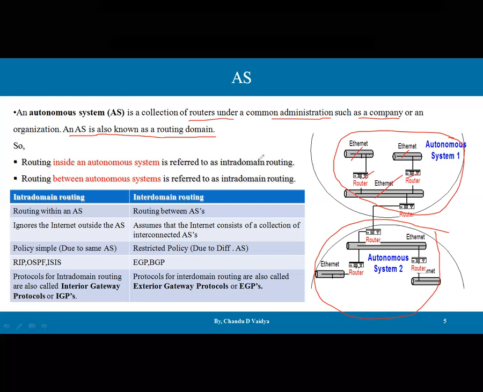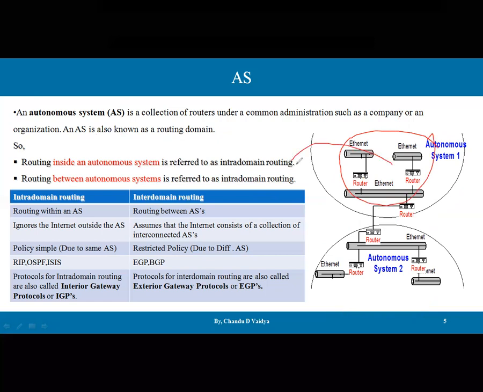We can focus on the autonomous system in the OSPF protocol, because OSPF is the basis of these autonomous systems. On the basis of the autonomous system, routing inside the autonomous system is referred to as intra-domain routing, and routing between the autonomous systems is referred to as inter-domain. If you go with one single autonomous system, here it will be intra-domain. We generally know a college competition: competition within the same college is intra, and between colleges, or among the colleges, is inter-domain.